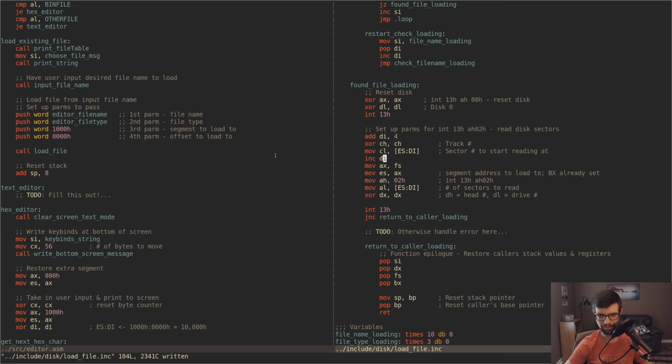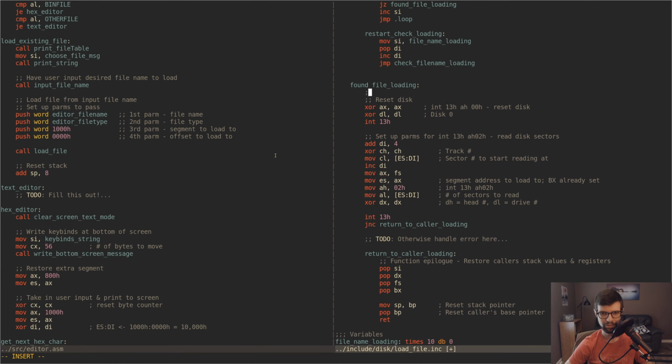We have our file type variable, so I guess if we find it and we're loading it, and it doesn't error, then ESDI should still point to the file table entry here. Let's just put it up here just in case, although it might not be true. If this errors, then it won't be true, but we'll just assume it's going to be right for now. So we'll do that. Get file type into variable,